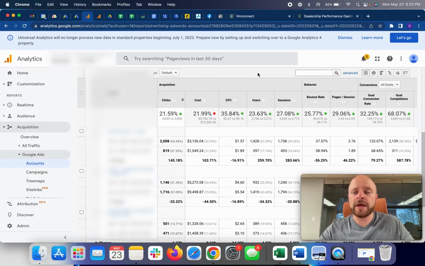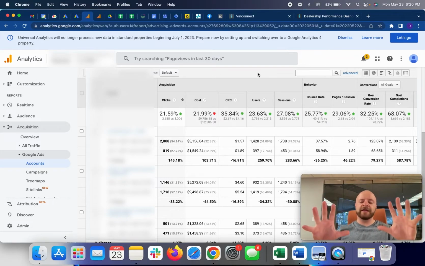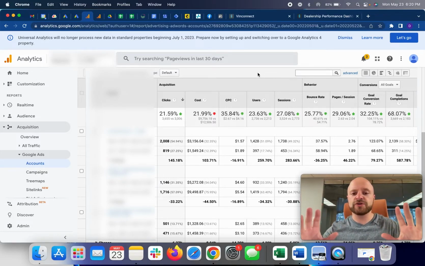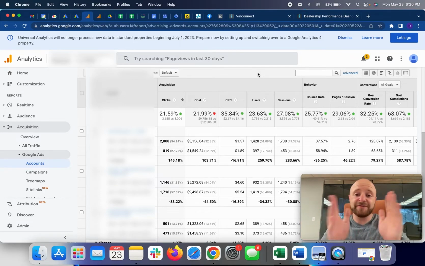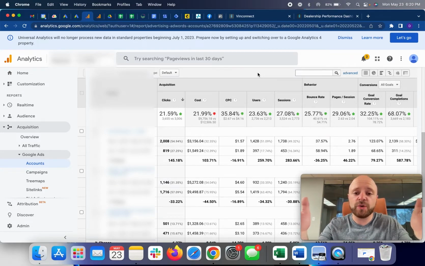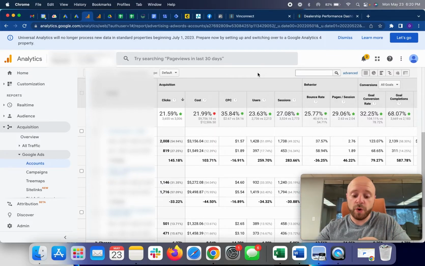Responsive search ads, being able to input all the different headlines, descriptions, and features of the ad copy, but then give it to Google and let Google determine what's the best one to use. Experimenting with DSAs, dynamic search ads, where you select different URLs to pull keywords and ads from.